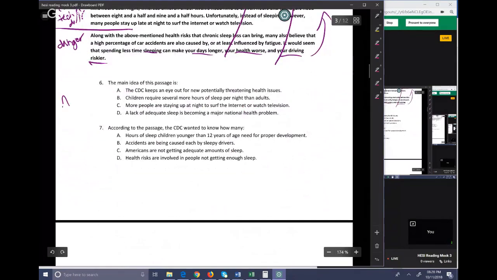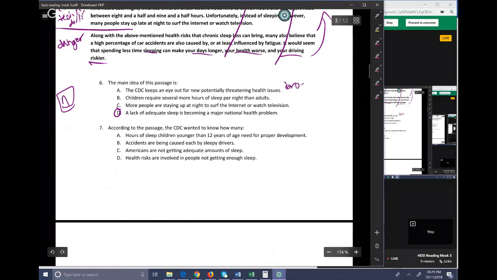Six is obviously a reading 1 question. It's main idea. The best main idea is D. I did write explanations for the other three, which means I might have felt like you could have gotten this wrong potentially. A, what I said about why A is not right. A is true, but our focus is more specific. So it's not about the CDC keeping an eye out for threats to health. That was mentioned, but it is about a specific threat. B, I also said was true, but it's a very specific detail as opposed to the main focus. And I said the same thing about C, true, but detail. So all of those were little details or too broad of a detail.